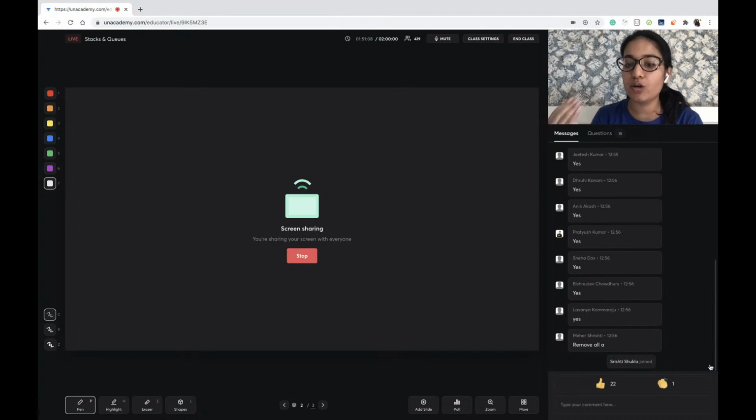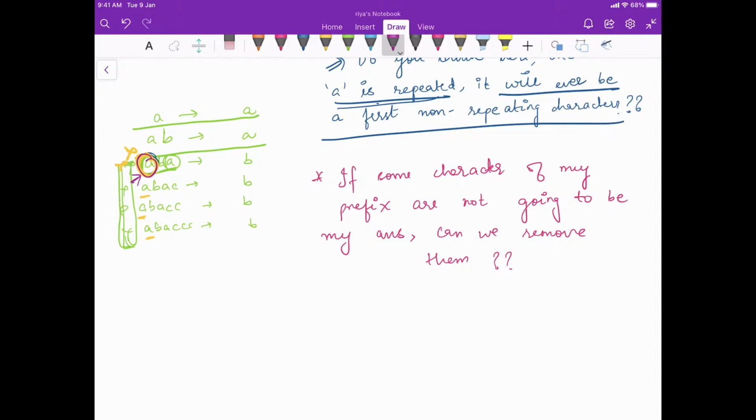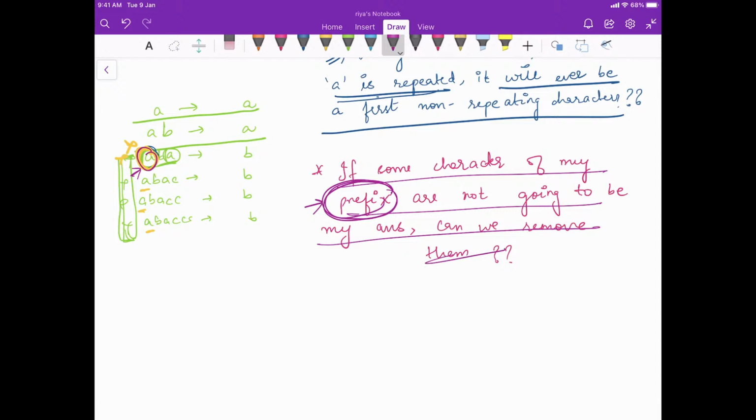So what we can simply do at this point is, from the prefix, we are not removing all A's, but we can simply remove this A from the prefix. Let's quickly do a dry run and then understand from it. And tell me, what data structure is best for this purpose, where I have to remove a prefix, that is a character present at the start of the string, which came in the earliest, and I have to remove that from my answer. Which data structure can do this very easily?